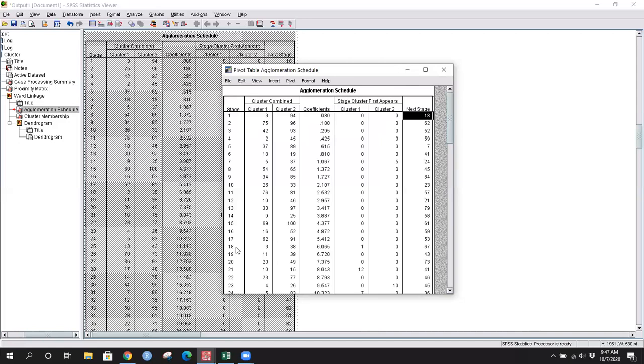तो हम 18 स्टेज पे चलते हैं. So this is my 18 stage. So in 18 stage you see that observation 3 again appears. यहाँ आपका observation 3 है, 18th में again you see observation 3. ठीक है. So observation 3 appears again in the 18th stage and now it gets combined with observation 38. You see that? मैंने ये तो बोला आपको progressively or I should say successively all the people are joining the clusters. Okay.